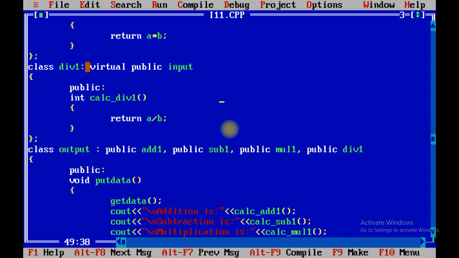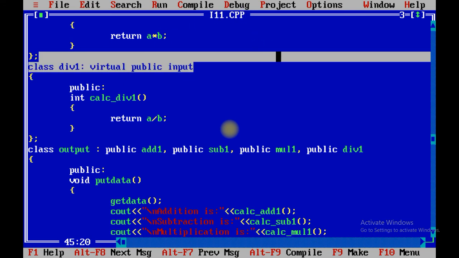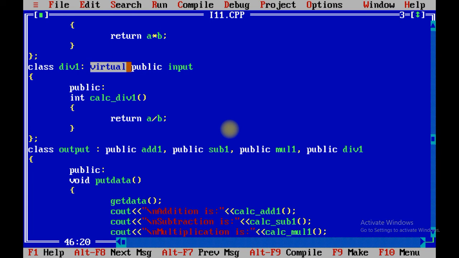If you do not use virtual keyword in the base class, it shares an individual copy to the derived class, which may create problems. So you just need to make sure that while you use the concept of hybrid inheritance, while you share the copy of base class, just use the virtual keyword.